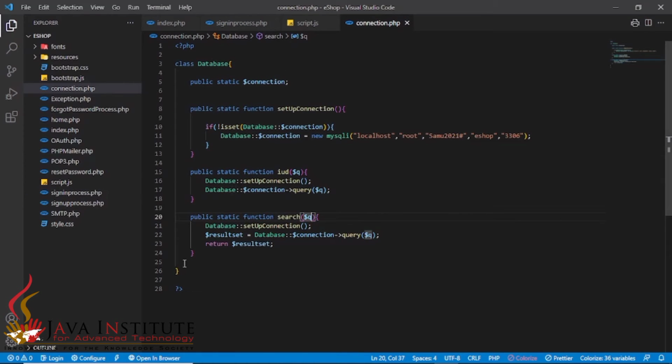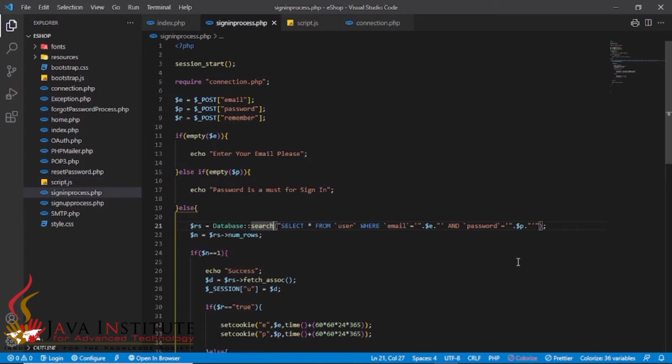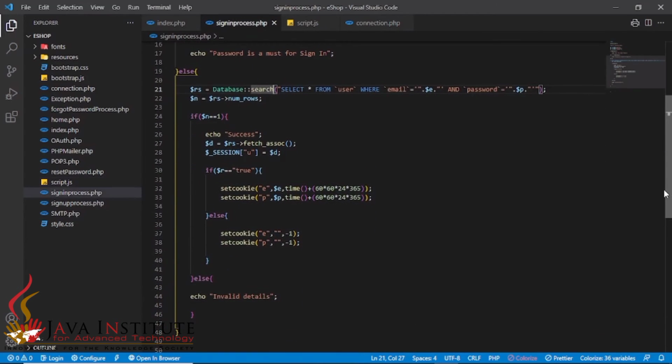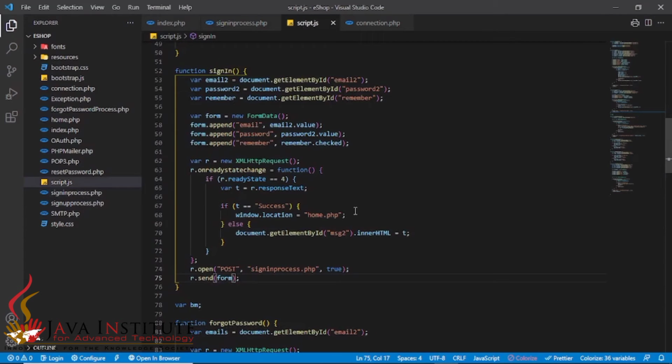You can see I explained this much in my second video, when I was explaining the validations and the process of the sign up. And okay, then from the sign-in process.php file all these echoes and the cookies and all these things have been passed again to this script.js file with the Ajax object, and I have gained the response text of that Ajax object into this variable t, and I have checked whether that t is equal to success or not.